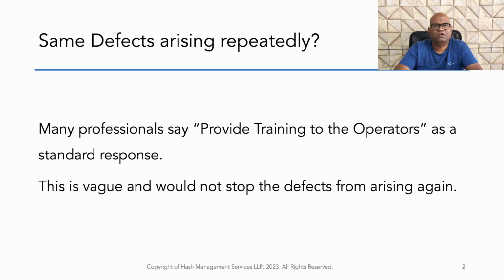The default answer for many of these CAPA or corrective action and preventive action sheets is we will provide training to the operators. That's what many professionals write, right? Quality professionals, even the production team members, they will all write this particular sentence: provide training to the operators. That's the default answer for many of your CAPA sheets. Even if we do a lot of training, the defects will keep on repeating. That's the problem we are trying to solve here. In this particular video, we are going to talk about 5 tips to help you and your team members take